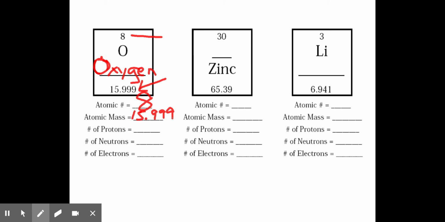Now, we need to know the number of protons. If you'll remember, the number of protons is the atomic number, which is at the top. So that means that oxygen has 8 protons. It is also the number of electrons. So once again, that 8, the atomic number, is the number of electrons. Okay, now we need to find the number of neutrons. The number of neutrons is either the atomic mass